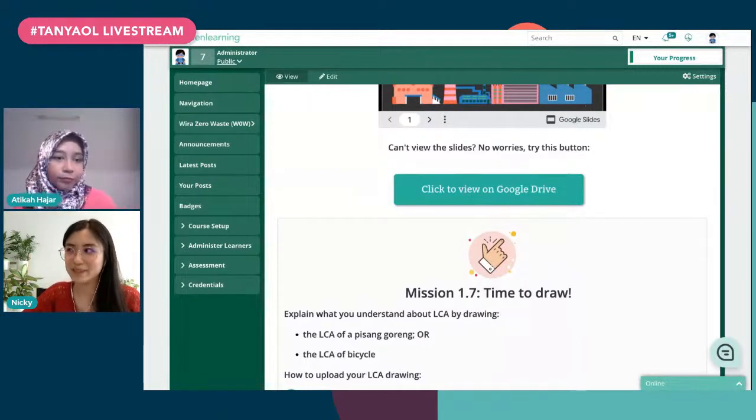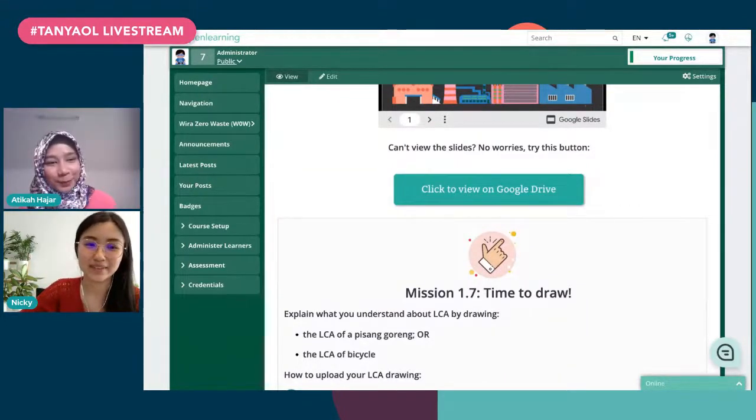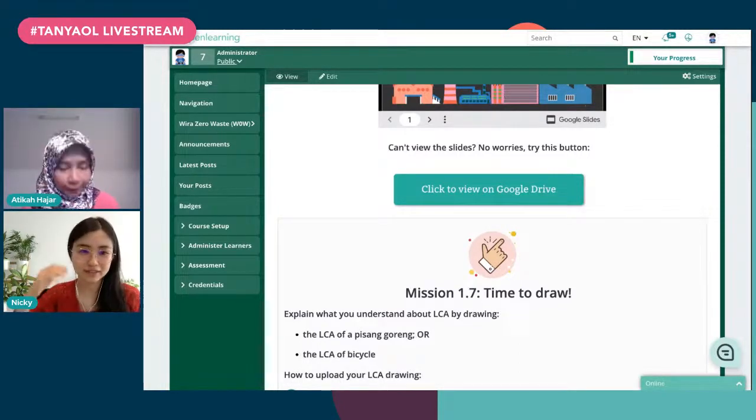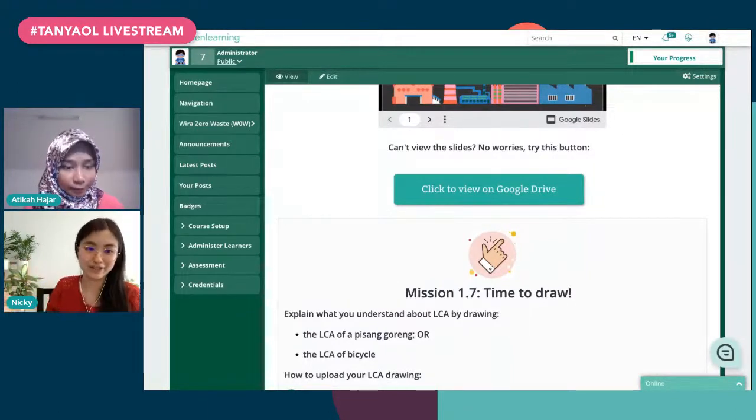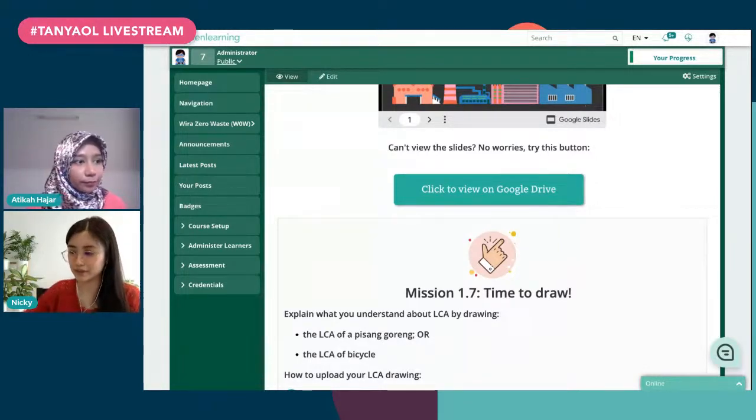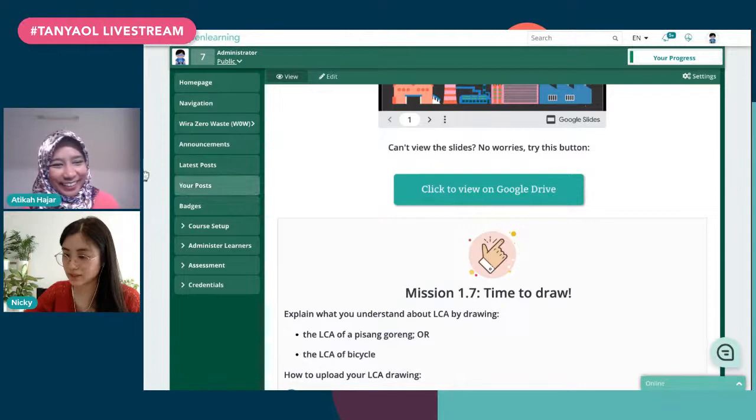I would say like 90% yes. I guess with any platform, there's going to be stuff that you can't really do. But in terms of wanting something that will track the work that the students are doing, wanting something that we don't have to constantly explain to the learners how to use each different platform, wanting something that actually lets you create a community around the topic that you're trying to teach, I would say OpenLearning hit all of those objectives.